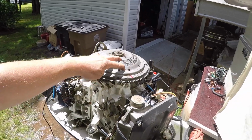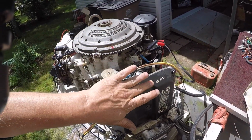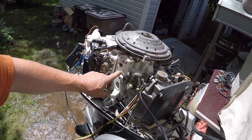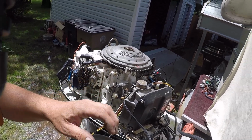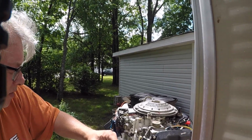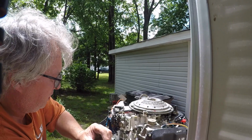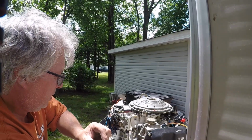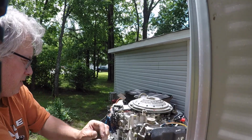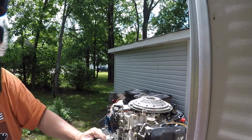But I put some little timing mark here, 28 degrees, it says 28 degrees before top dead center. I adjusted this. I don't think this is the right bolt. It should go a little further. I almost got it all the way in. I really don't know what to say about that, because like this is all the way in. The right head, I don't know,